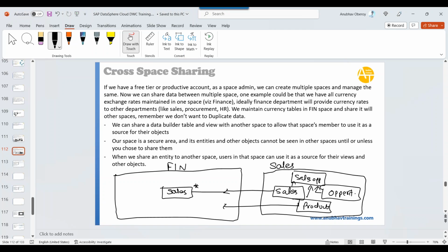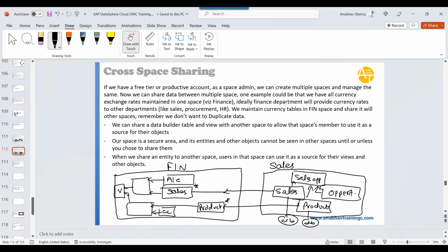Yes, from another space. And this products view is also coming from another space. Now the finance team can reuse this data with their accounts data and their general ledger data, and they can build another view on top of it, like this. So this way, one space has the original data, which is coming from the database table,